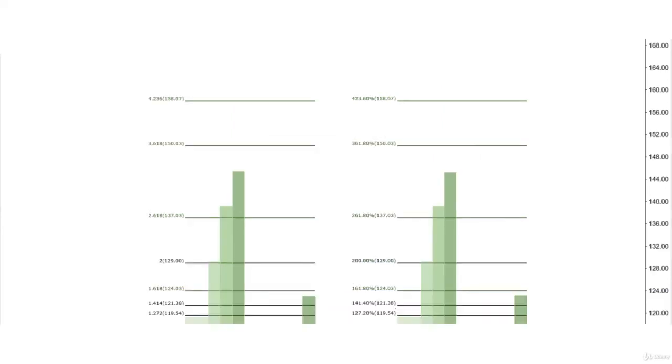The higher extension levels have been raised substantially due to the $3 or 30% expansion of the original $10